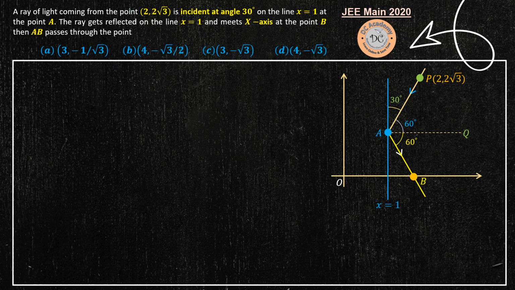Now to find the equation of a line, we need two points or a slope and a point. Here, the slope can be found, because the angle is provided. So we all know the definition of the slope of a line. What is the definition? We know that the slope of a line is actually tan theta, where theta is the angle